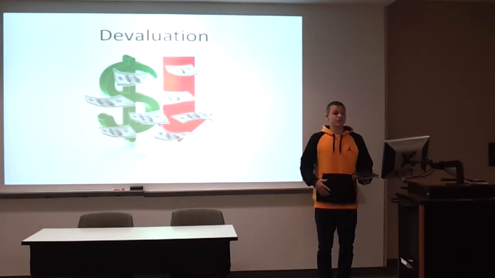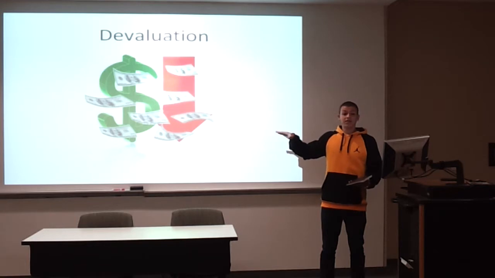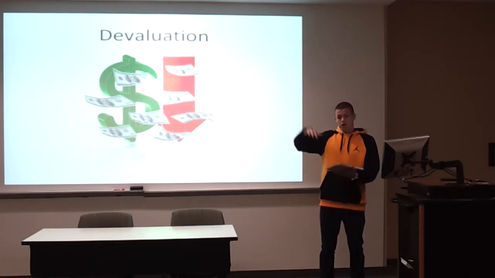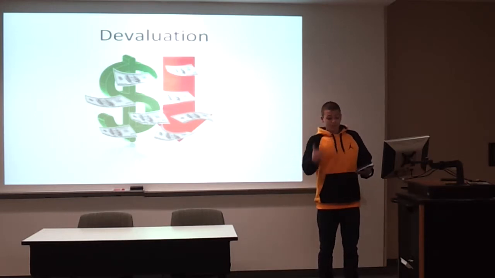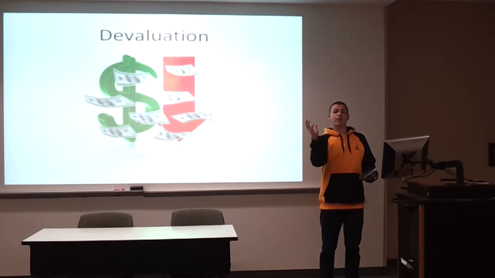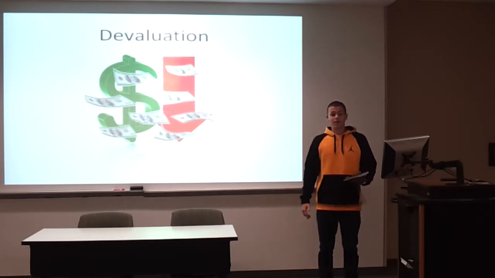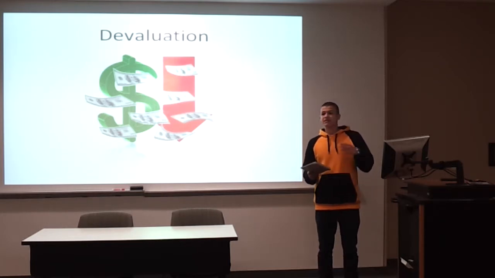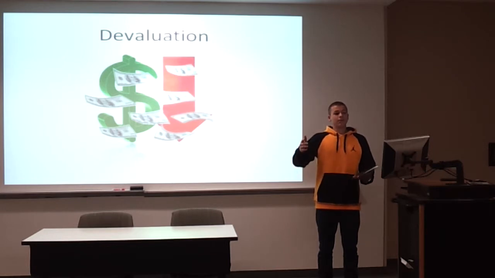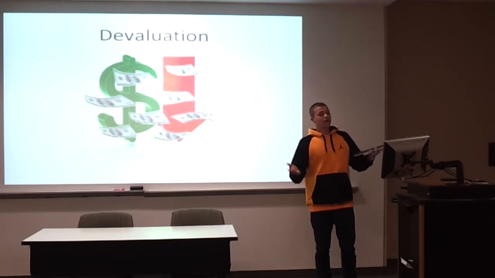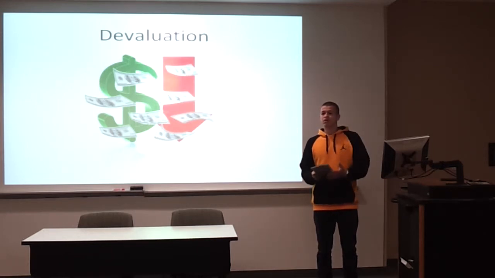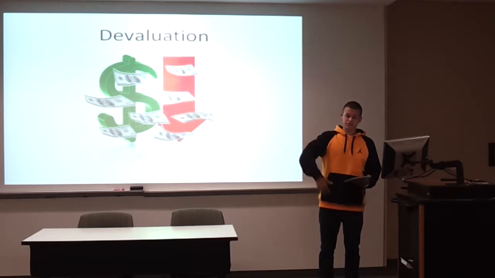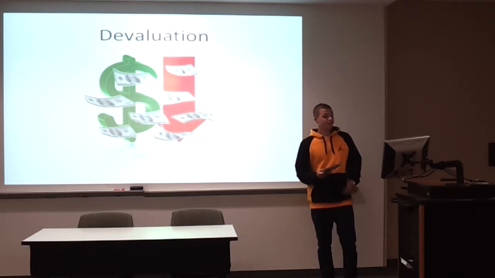Okay, so what's devaluation? Devaluation is the act of the currency, in this case the dollar, going down in price. Why does this happen? Because they are printing more bills, so there are more bills circulating in the world at the time, and the value of each bill is worth less and less. That happened in 1971. They stopped basing the money on gold. President Nixon changed it, and now it is an idea of the dollar. So that's why after 1971 they started devaluing the dollar.